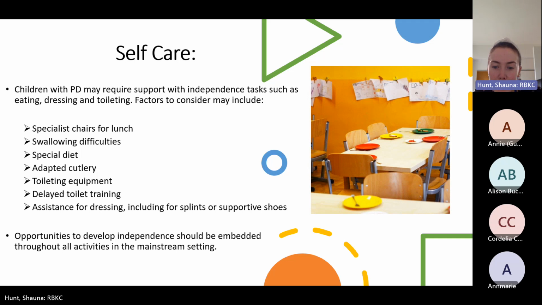Just to say also, an important point is it is reasonable for a school to train staff to carry out certain procedures, such as personal care. However, staff can't be compelled to do this if it's not on their contract. So you should recruit staff who will carry out personal care as part of their contract, and this support should be detailed in the education healthcare plan. It's not really reasonable to expect a parent to come into school to provide personal care or to take a child home, for example, to change them, because the school cannot provide that support. So it's important that that is in place.